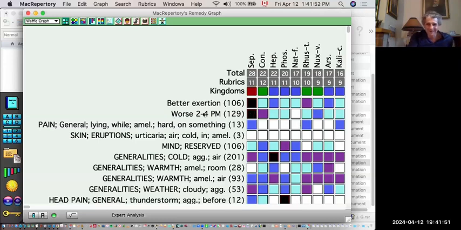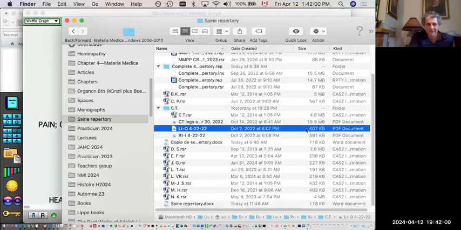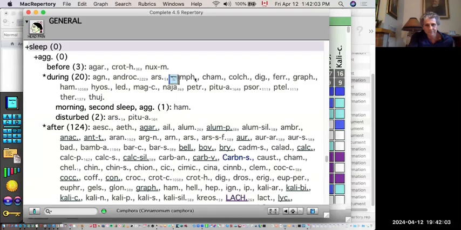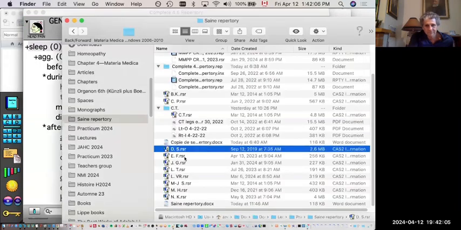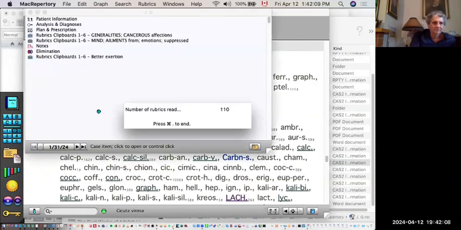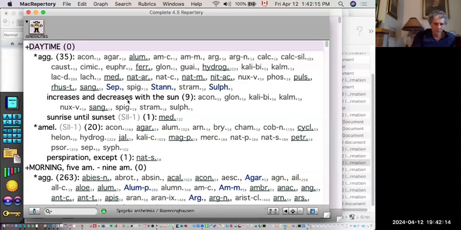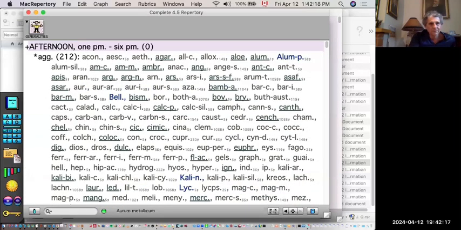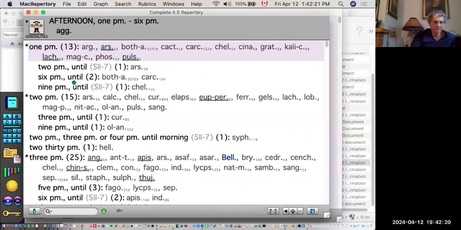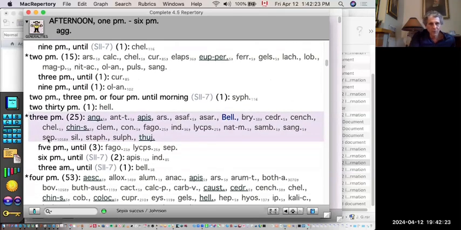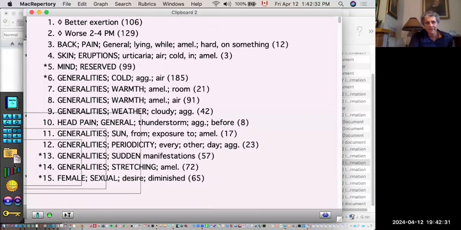But it will not come out in the complete repertory. Let's see. To the same degree. So here we have the complete repertory. If you look at the rubric, worse 3 to 5, it's a 1. For us, it's a 4. Big difference. So here you won't see it because it's a combination rubric.